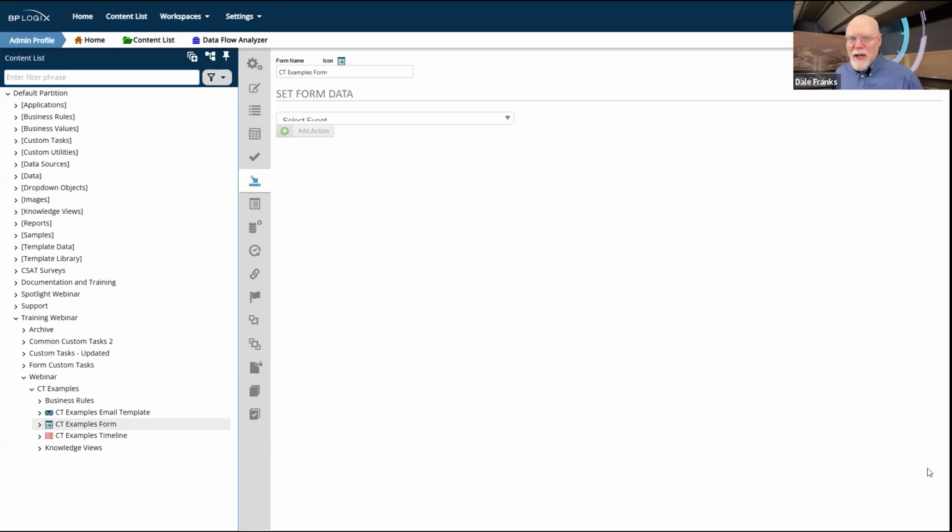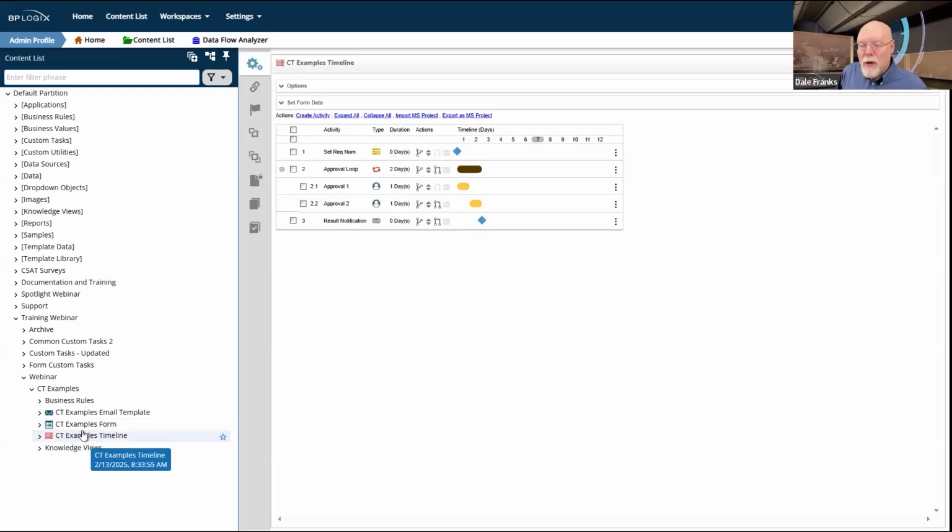So while we do have the big example for setting sequence numbers and unique sequence numbers in the process itself, outside of that, the need to do set form data is super common. And so the set form data custom task was probably the most widely used custom task that we've ever created. But with the existence of set form data now, the use cases for it have been minimized. It is a real simple custom task because all it does is allow you to select a form field and then specify the data you want to go to the form field.